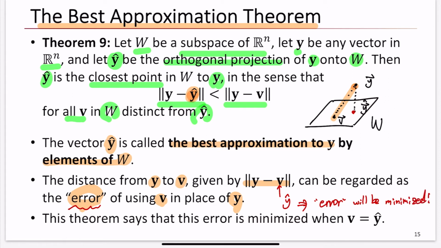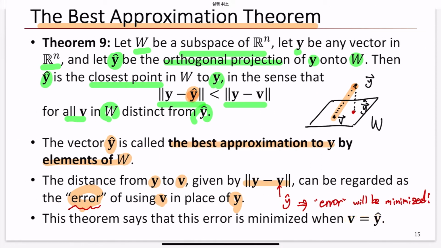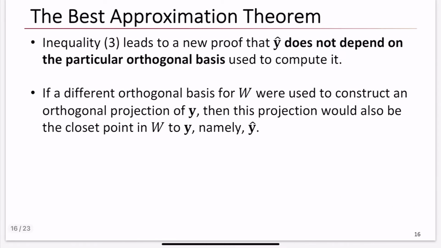So this theorem says that this error is minimized when v is equal to y hat. This is the best approximation theorem. Let me say this is equation 3. This inequality